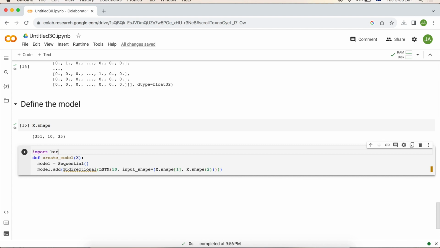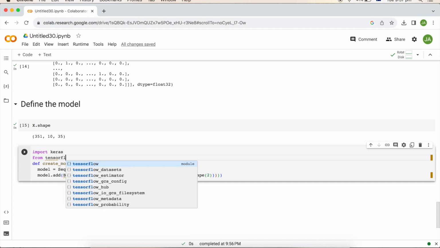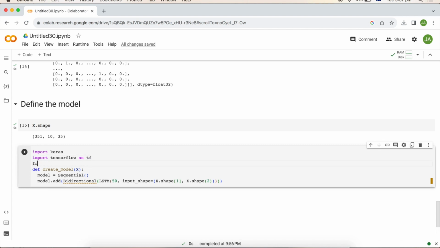So we have Keras, and then from TensorFlow, or let's say import TensorFlow, and then let's just import from TensorFlow dot